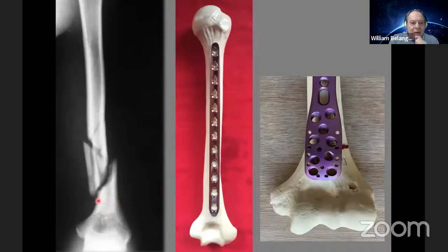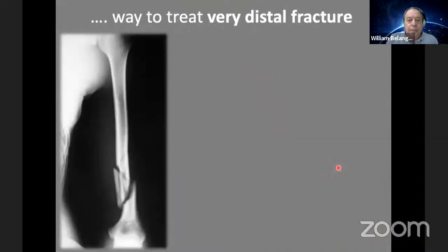Okay. Sometimes this distal bone fragment is very short. In this kind of situation, you can use the plate a little bit more distal, but I don't like it, because you can block the fossa. Or another option is to use a physis plate upside down, but I don't like to use this technique. My option to treat this very distal fracture is using a Kocher approach,